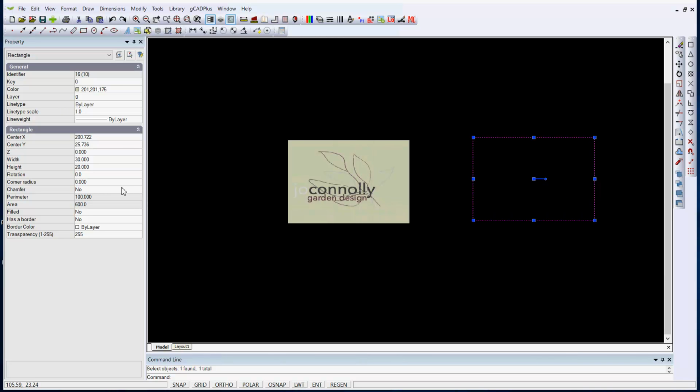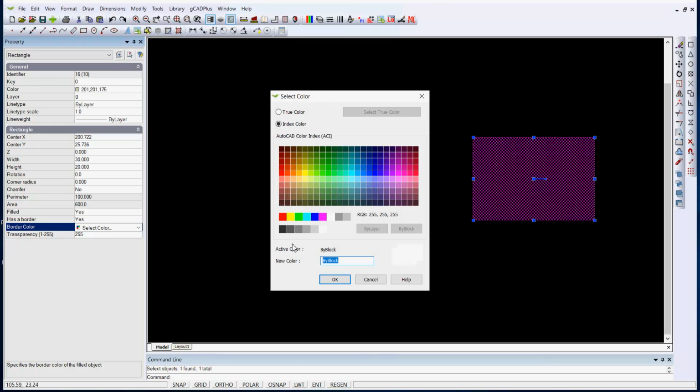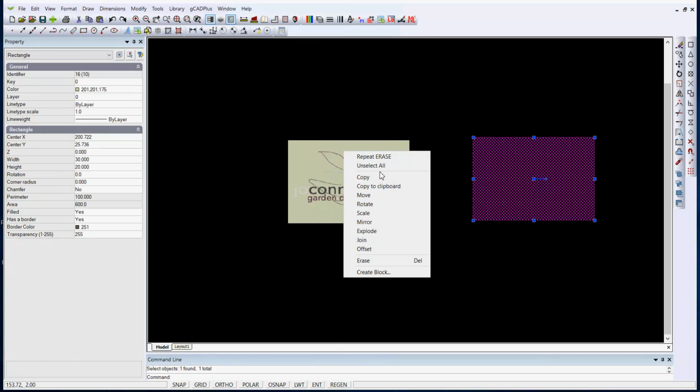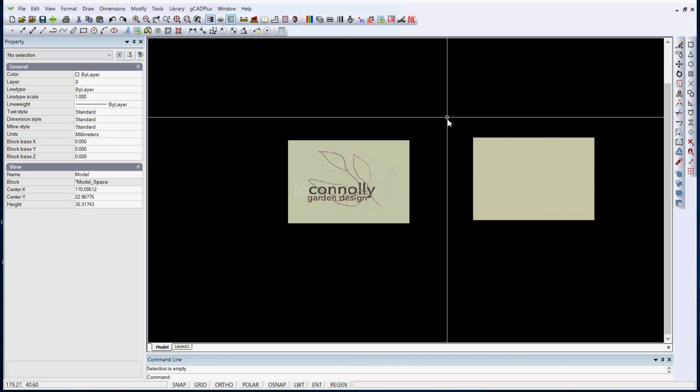Now if we apply a fill to that, and probably a border, and set the border color to a dark, I like to use 251, and unselect all, we now have the background for the logo,